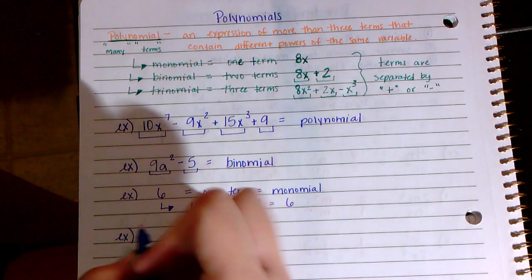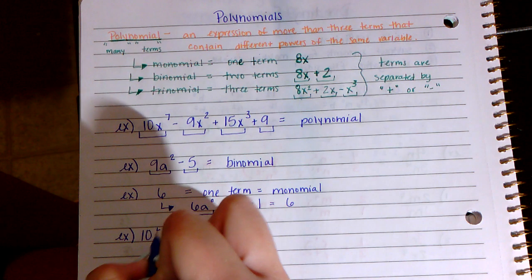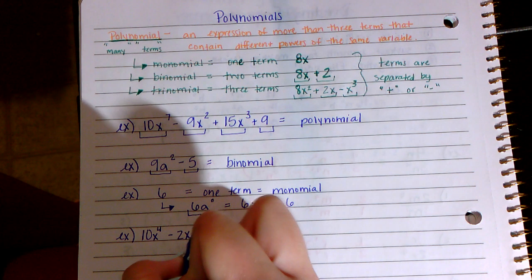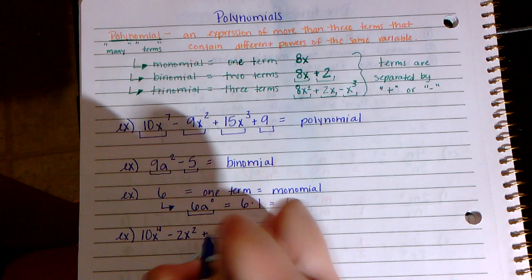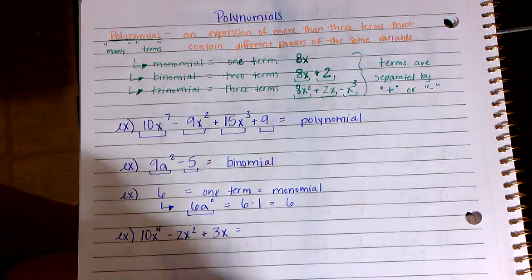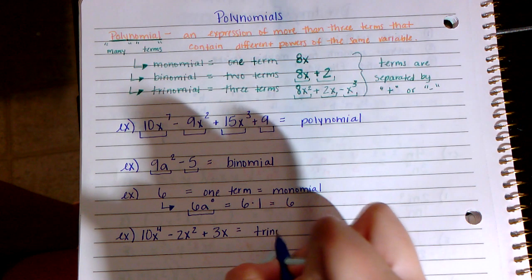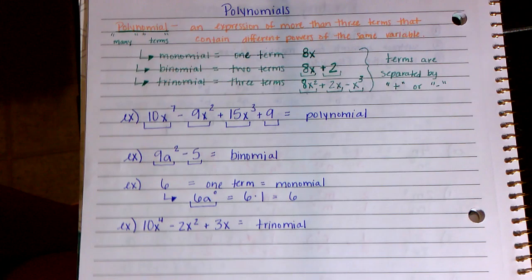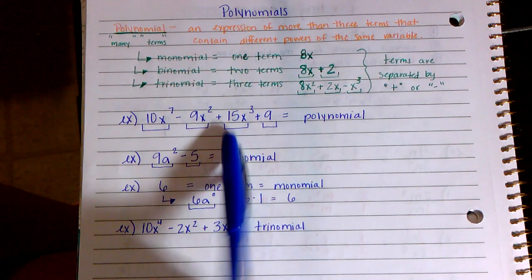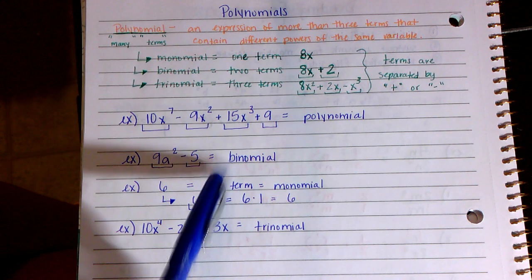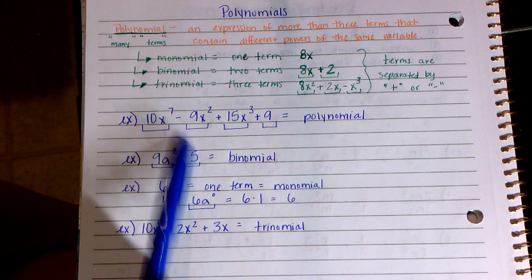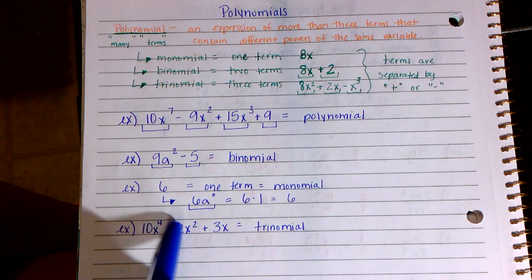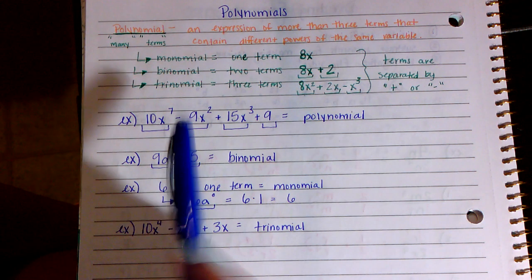And then another example would be 10x to the 4th minus 2x squared plus 3x. Okay, so that would be a trinomial. One of the things I want you to remember with your polynomials, and you'll probably have some practice with this tomorrow where you've got to simplify: before you label what kind of polynomial it is, whether it's a binomial, monomial, trinomial, make sure that you've simplified it,